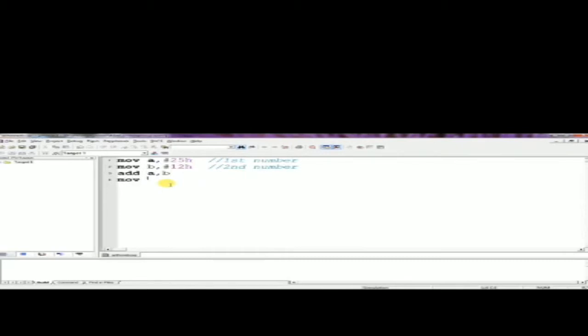MOV 40h, A. This instruction moves the accumulator register answer into the 40h address. Move that answer into the memory location 40h.